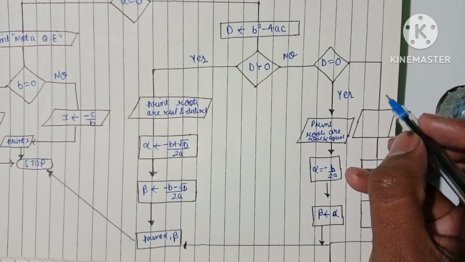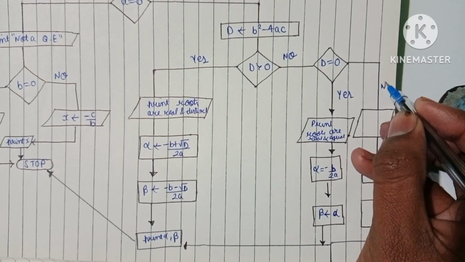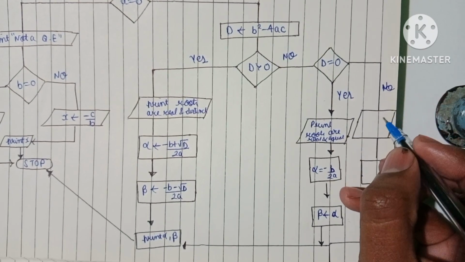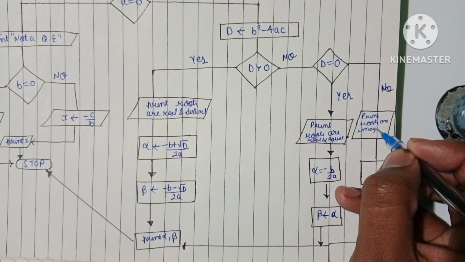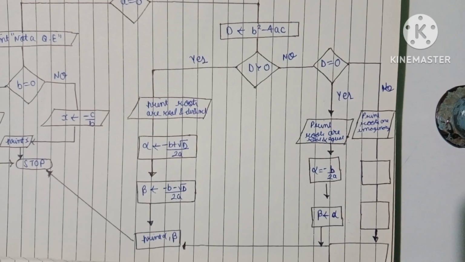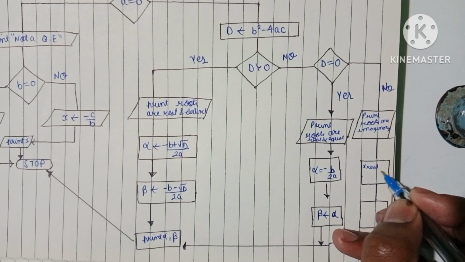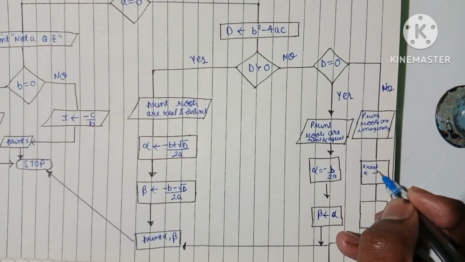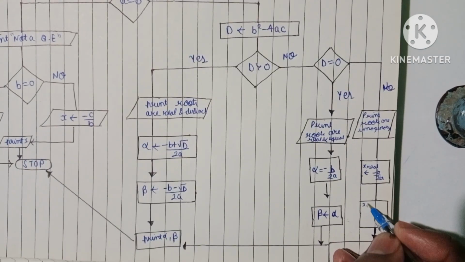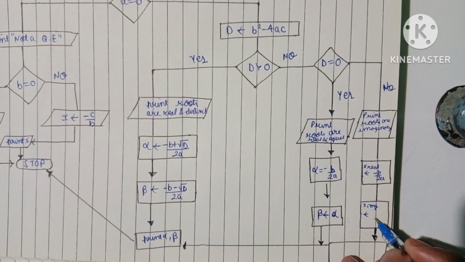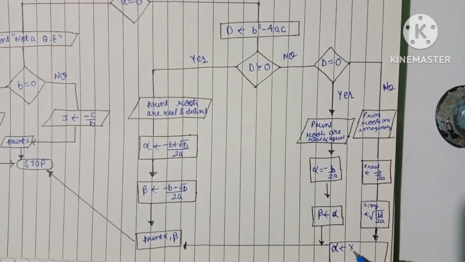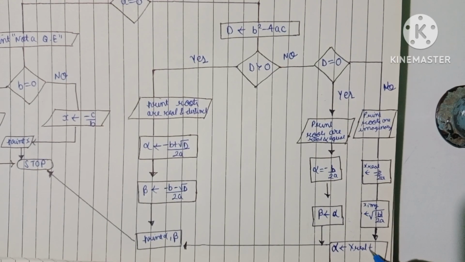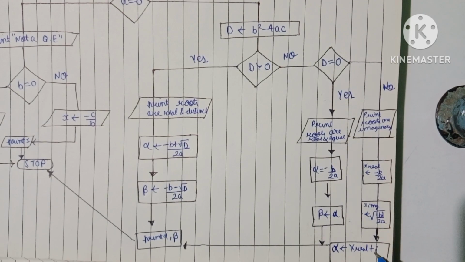And then if d is equal to 0 is not correct, then we will print our roots are imaginary, or we can say that they are complex in nature, and we will take x real value equal to minus b by 2a, x imaginary value equal to under root of d upon 2a, and then the alpha value of root equal to x of real plus i of x imaginary value,